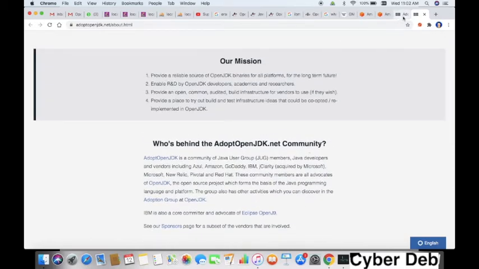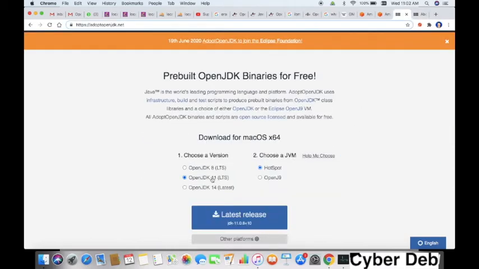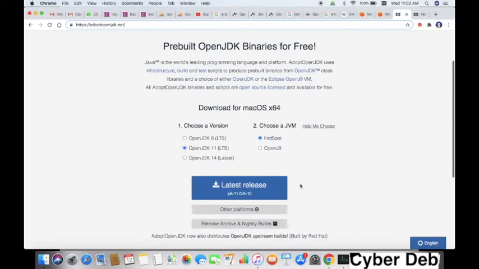It is available in OpenJDK 11 as well as OpenJDK 14, whichever is good for you. 8, 11, 14, all these you can use.